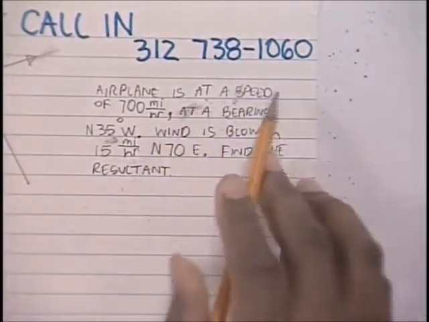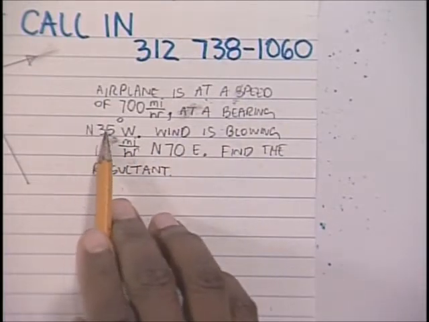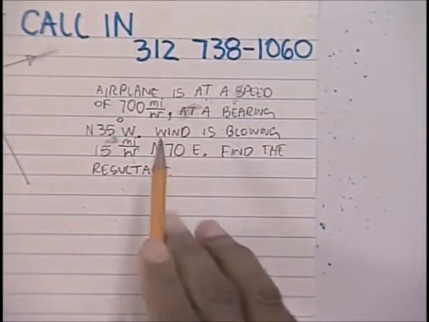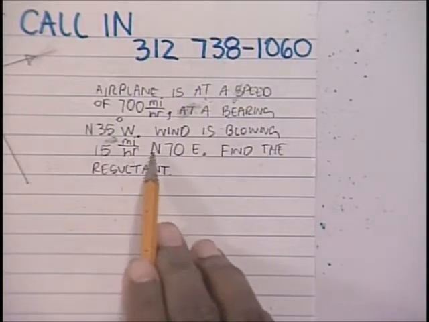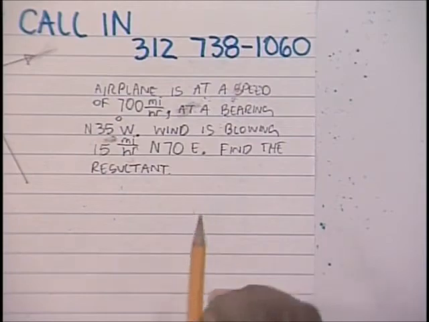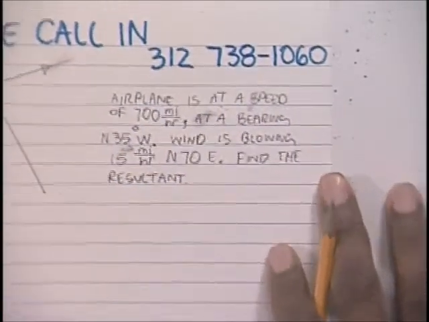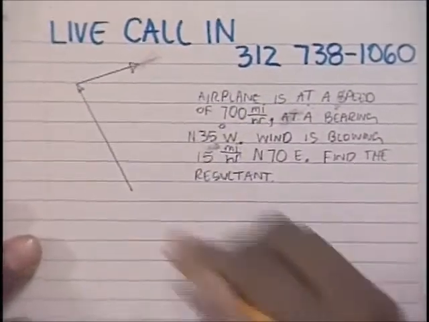All right, so the airplane is traveling at a speed of 700 miles per hour at a direction of 35 degrees west of north, and then the wind is blowing at 15 miles per hour at a direction of 70 degrees east of north. Find the resultant magnitude of the speed of the plane and find the direction of the plane. So a diagram for that